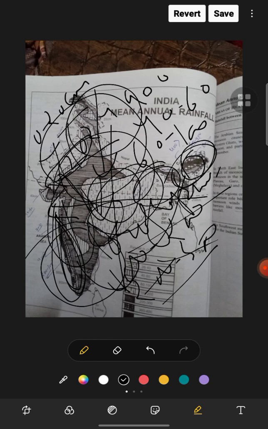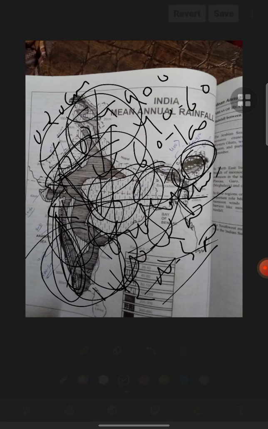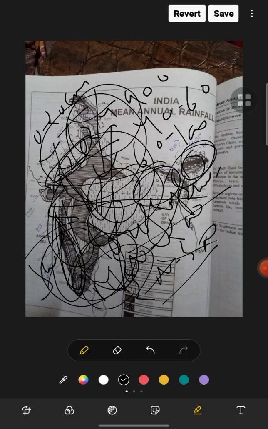Area of the winter rainfall. Winter rainfall is basically northwestern part of India, Jammu and Kashmir. Okay, and Punjab and UP, and coastal region of Tamil Nadu. So which is the area which get through the winter rainfall? That is Jammu and Kashmir, now Punjab, then UP, then coastal area of Tamil Nadu, rainfall due to the northeastern monsoon. Here is the southwestern monsoon strike on the like orographic region develops there, and there is the northeastern monsoon.